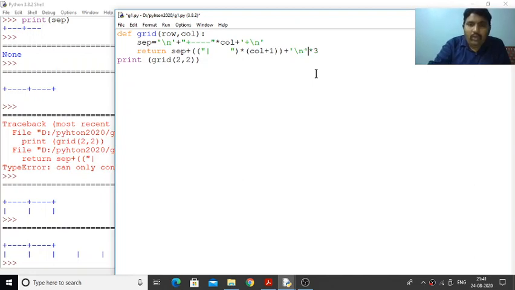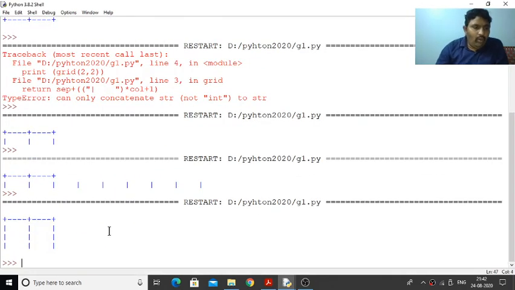Now this has to be repeated. So let us remove the bracket here. Now I think it's okay. Let us see whether it is. Now we achieved it.